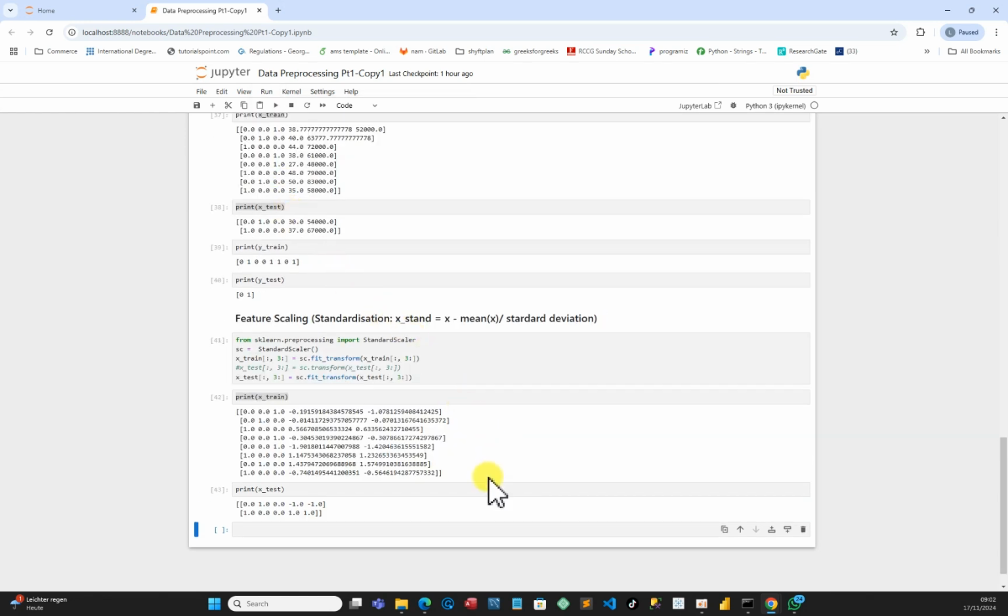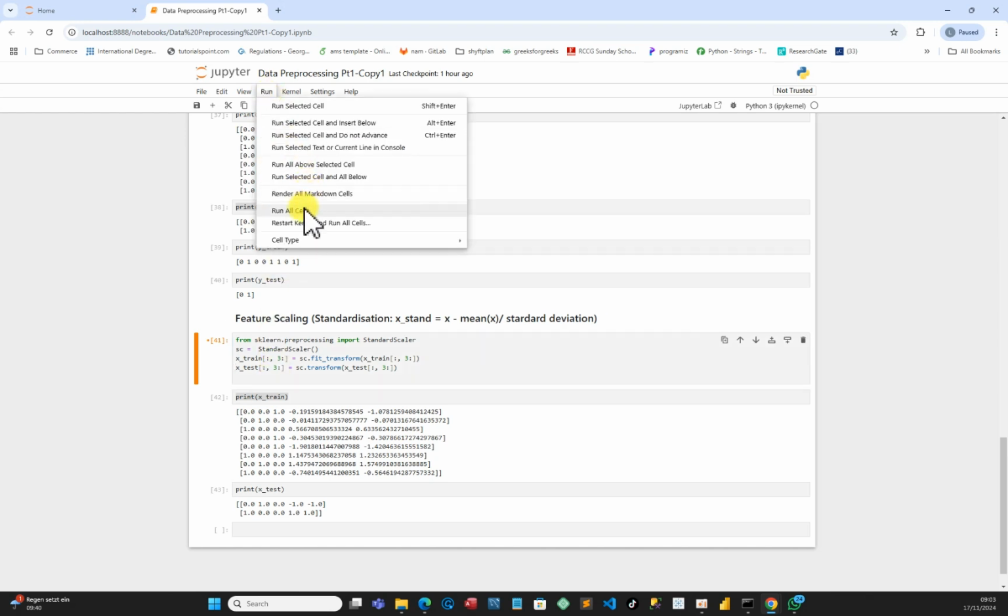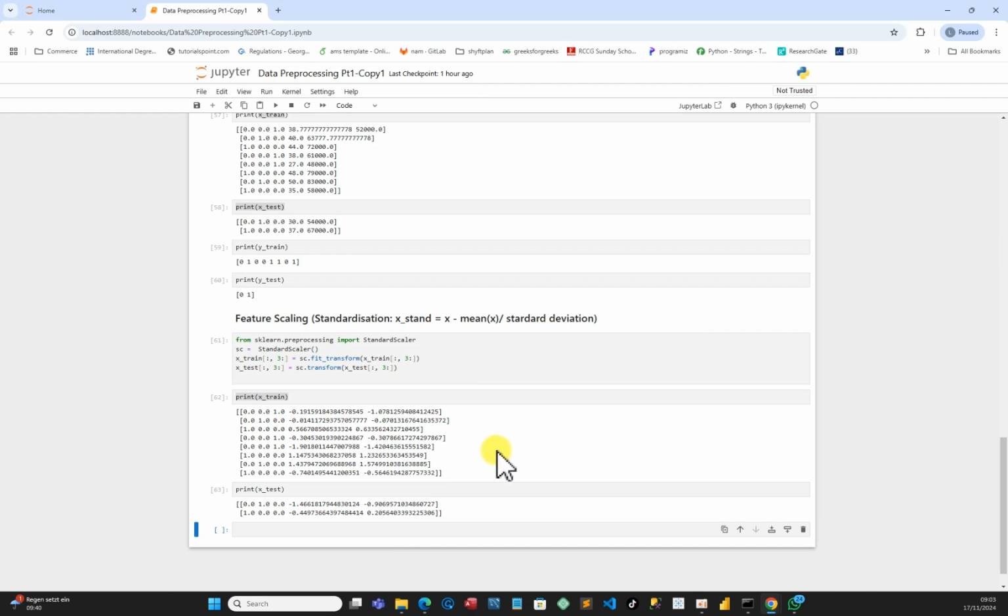So you can see now using fit transform on the S test. So you can see what we are getting compared to when we used ordinary transform. So we don't have to fit the S test. So we only have to transform the S test. So let's run everything together again and see what we have. So we get back our accurate number. So this is the end of the data